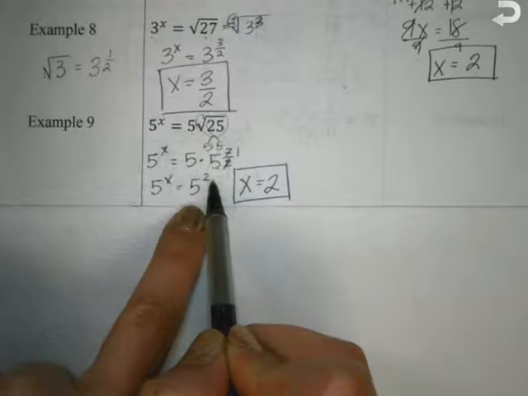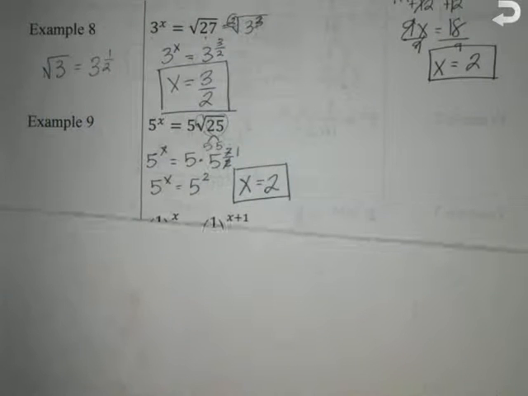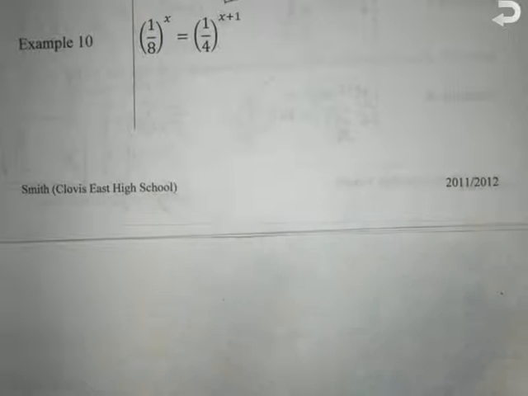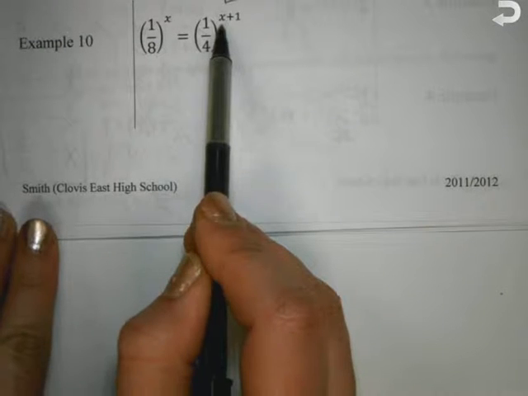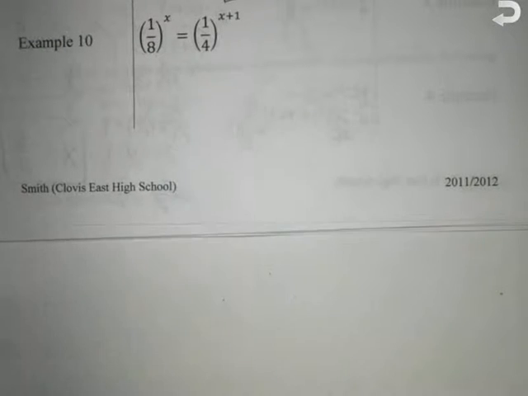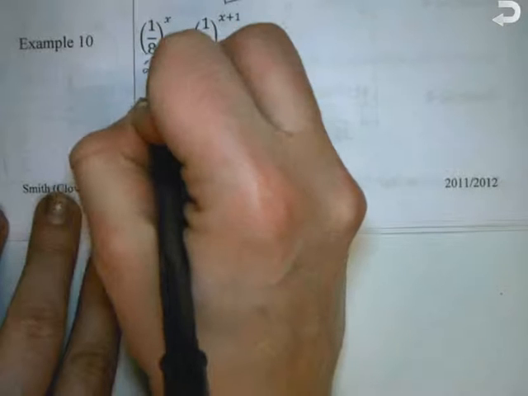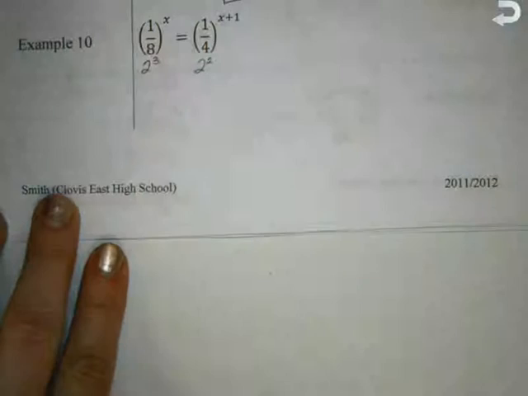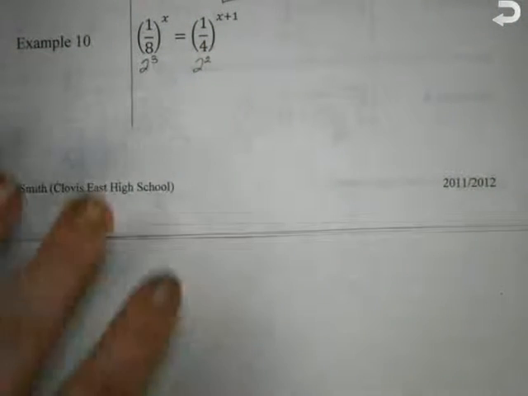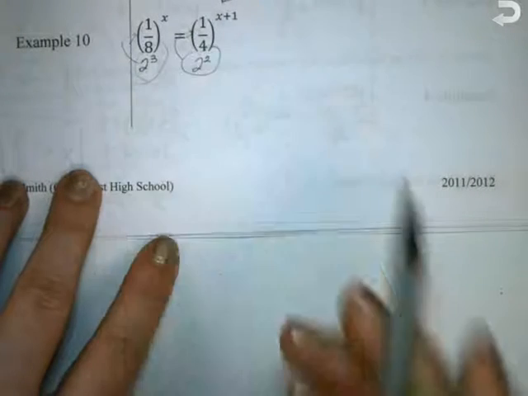Okay, 1 over 8 to the x equals 1 over 4 to the x plus 1. What do you think my base will be? It's going to be 2. 8 is the same as 2 to the third, and 4 is the same as 2 to the second. But they're both in the denominator, so that means we have to move them up. So we have to make them both negative. So this is 2 to the negative 3x